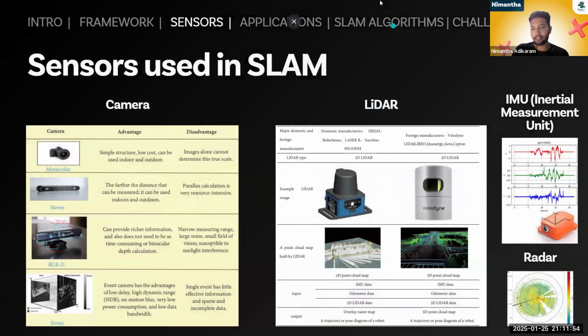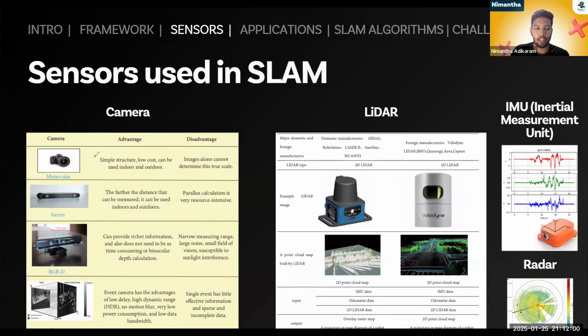So what are the sensors that we are using in SLAM? Basically there are cameras. These cameras are already up to a certain research level, and nowadays they are used for research in every situation. There are monocular cameras, stereo cameras, and RGBD depth cameras. Each has advantages as well as disadvantages, and it depends on the application. If we have an application that needs an RGBD camera, we have to use that one.